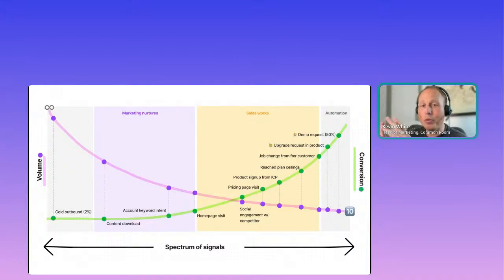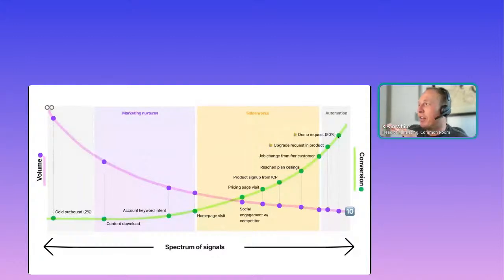And when you map this, I plotted it out on this chart here. When you map those into this view of, okay, what's the volume of signals you get, and what's the conversion rate, and you plot out the different spectrum of signals on those two dimensions, you typically find, as a rule of thumb,